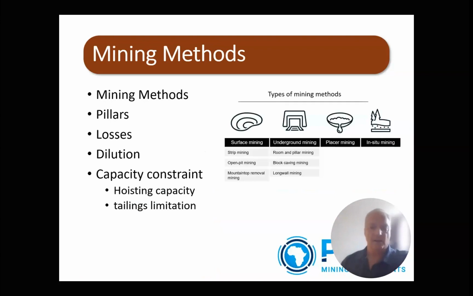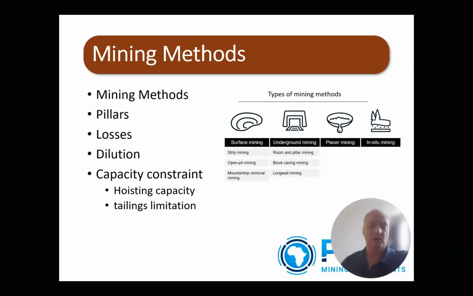Mining methods, we're not expecting, I don't think, to have a full-on idea of the mining method. Simply underground or open cast, and maybe cave mining or block cave mining for kimberlites, etc. All that would probably be reasonable. If you're in a situation where there's going to need to be some sophisticated version like a board and pillar on an apparent dip, you might need to just check with the mining engineer what those would be and if that would be an issue. Pillars, I've discussed losses, mining losses, what would be there and what would be the reasonable